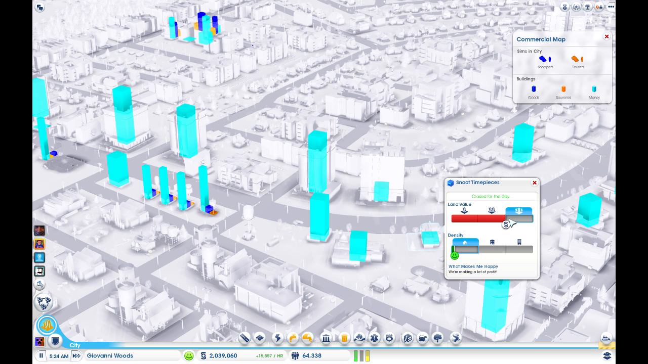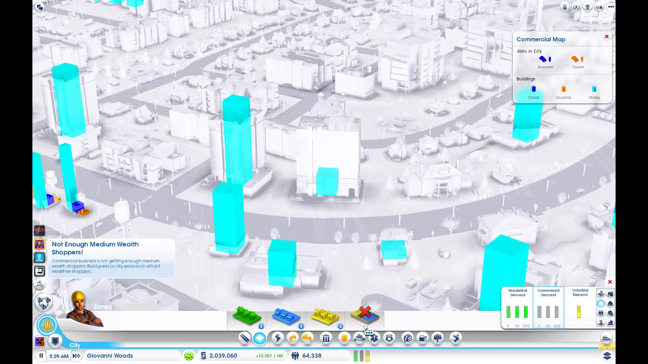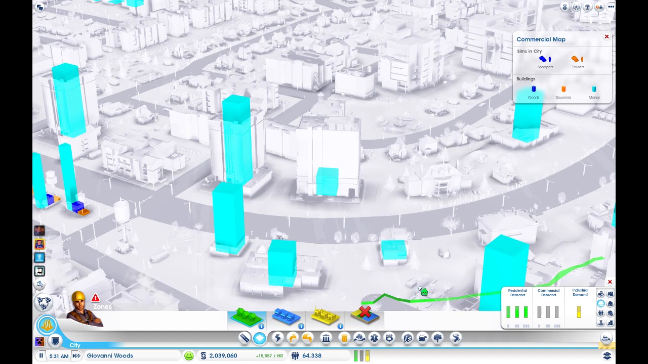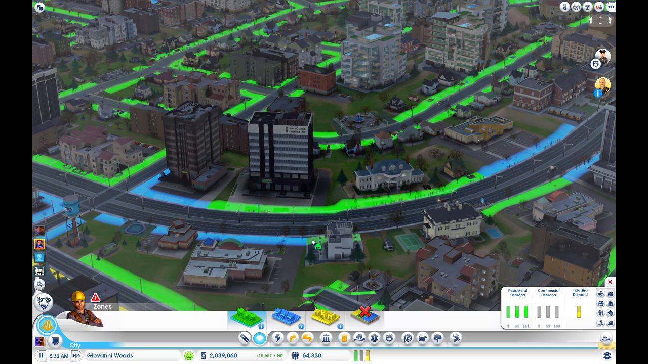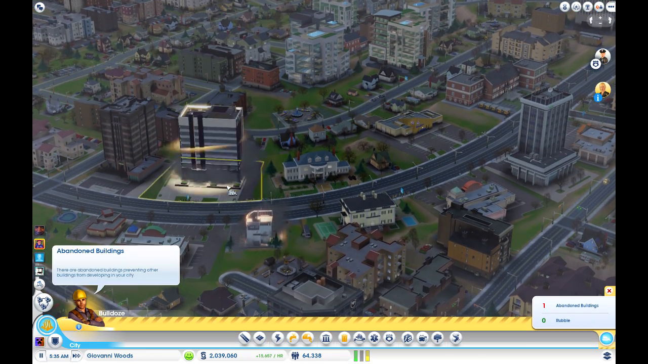Okay, you can see, I think the problem there is the land value is too high, but the density is too low. So maybe we don't need to restart. We know what we're doing with these ones. So what I do is I unzone these, and then rezone them with residential, which is really hard to see when you have the commercial map open. And it's this one over here as well, so then I would just demolish those and let them be replaced